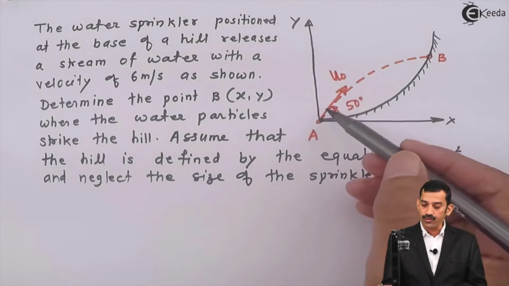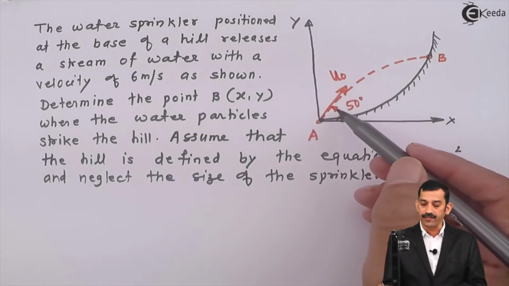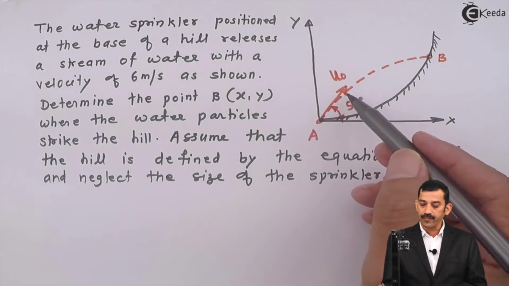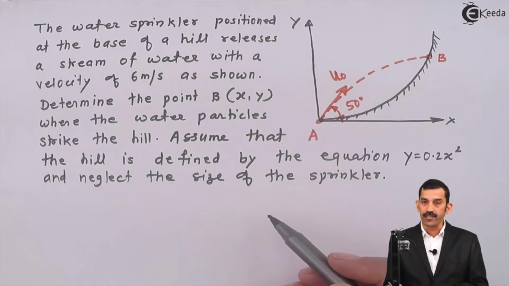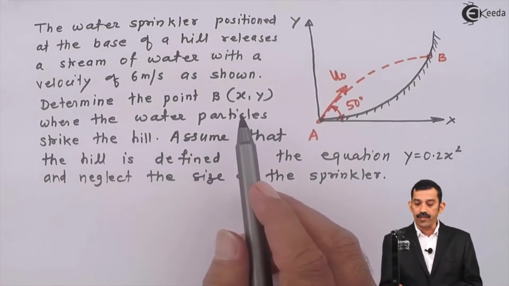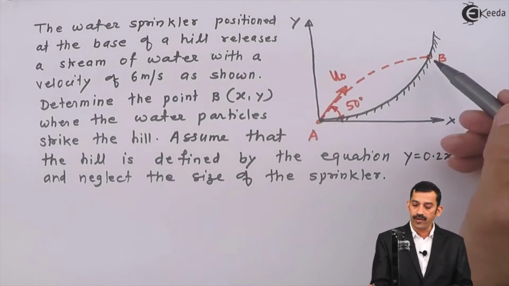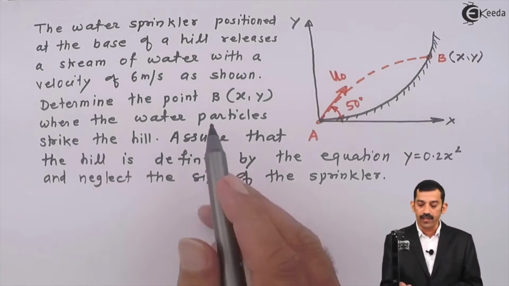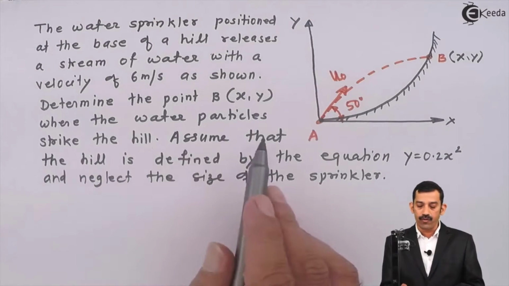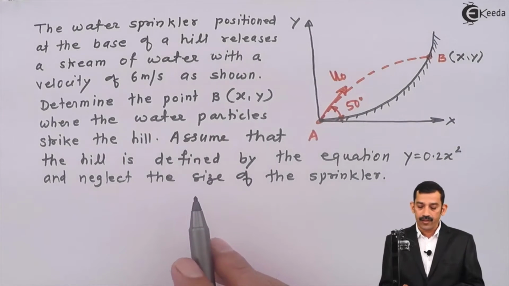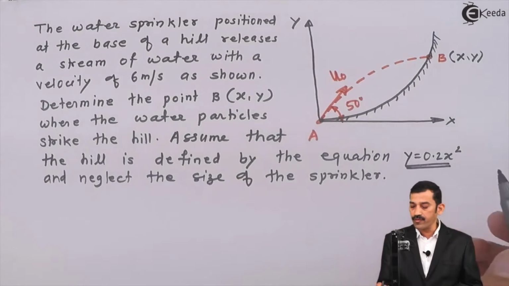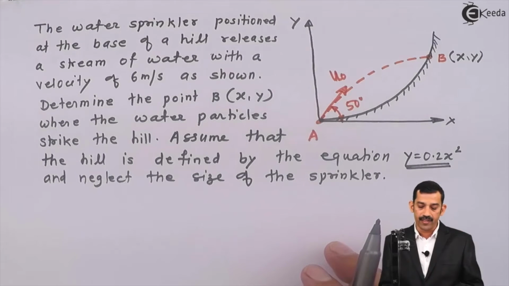With this velocity u0 equal to 6 meters per second, the stream of water starts its motion, and its angle is given as 50 degrees. Determine the point B (x, y), that means where the water strikes at B, its coordinates x and y. Determine the point B (x, y) where the water particle strikes the hill. Assume that the hill is defined by the equation y equal to 0.2 x square and neglect the size of